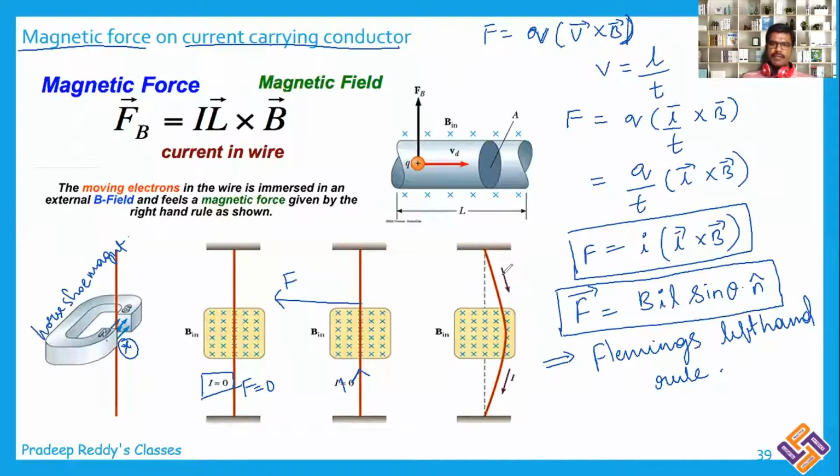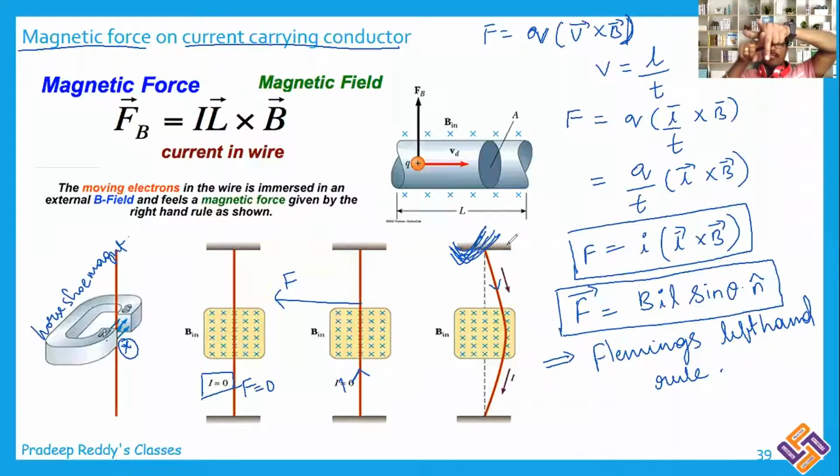Likewise, if the current is going in the downward direction, from top to bottom, and the magnetic field is inside, then you can just put your left hand like this. Magnetic field is into the plane of the board, and current is going downward. This finger is parallel to the current. In this case, I am explaining now this case. Simultaneously, you see the screen as well as my video.